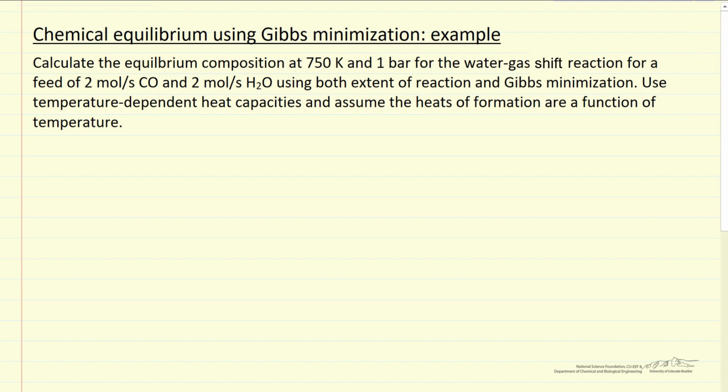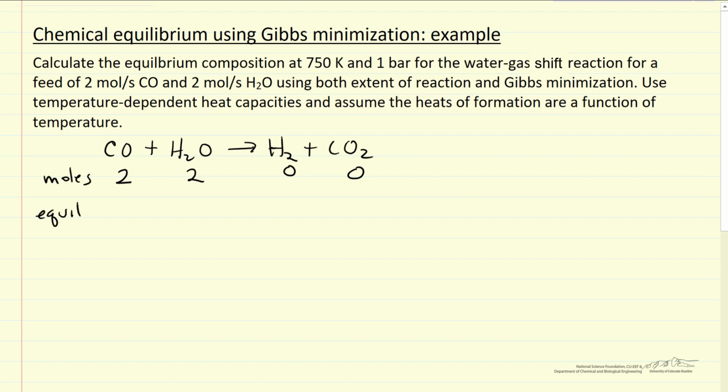So the idea is we have the reaction of carbon monoxide and water to make hydrogen and CO2. In this particular example, we're starting with 2 moles of CO, 2 moles of water, and initially 0 moles of the products. So this is initial moles, and then here are equilibrium moles, where we use the extent of reaction. The equilibrium constant, if we assume ideal gases, is the ratio of partial pressures: pressure of hydrogen and CO2, the products, over the reactants.